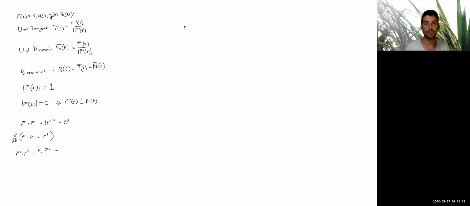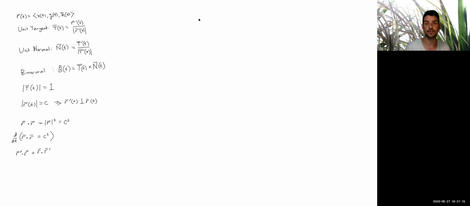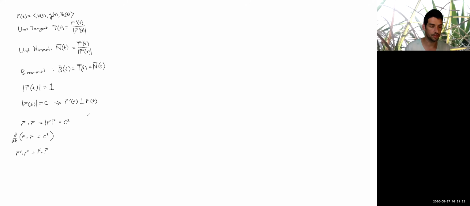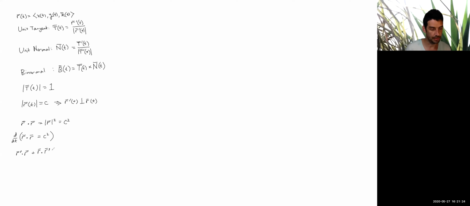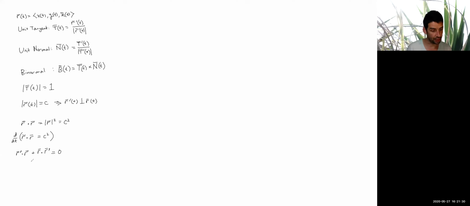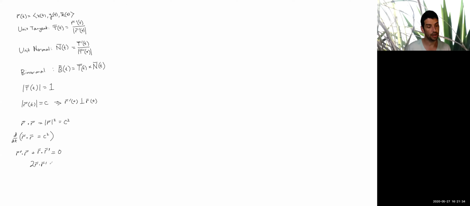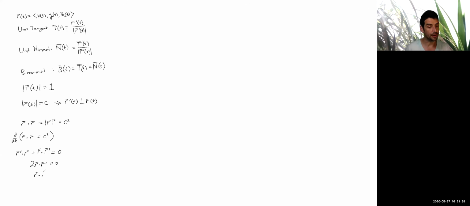And on the right, because that is a constant, the derivative of a constant is 0. Sorry, that's r prime. And this is all equal to 0. Now, remember the dot product commutes, so these two terms are the same. In other words, 2 times r dot r prime is equal to 0, which means r dotted with r prime